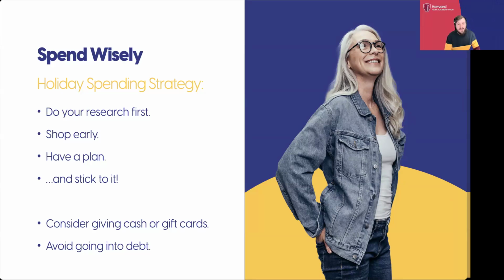I agree. And another great strategy is going in on a present together for somebody, if they want a more expensive thing. Find somebody else to split the cost with. They're really going to love this thing that they might not even expect to get because it's a pricier item, but they want it so much that they put it on the list anyway, especially teens. If you go in with another family member, the price point if you split it will be about the same as what you would have spent, but you're getting them something they really want rather than something cheaper that they might not want that much.